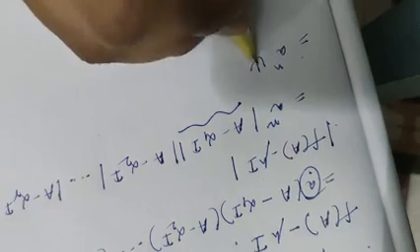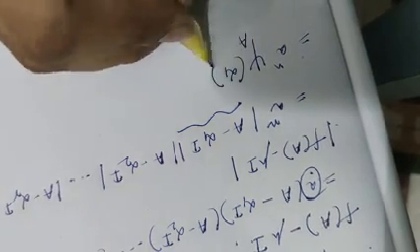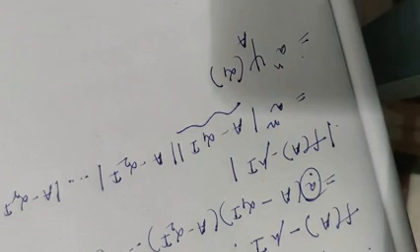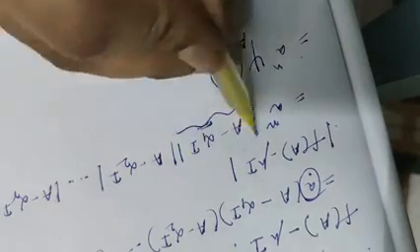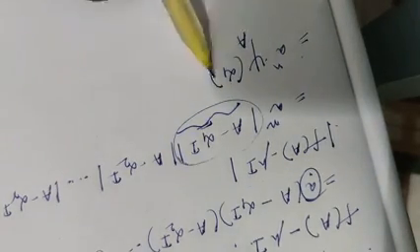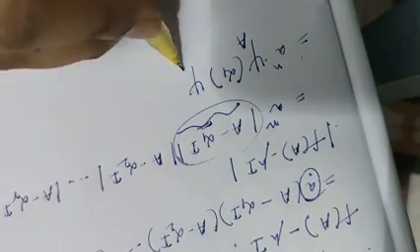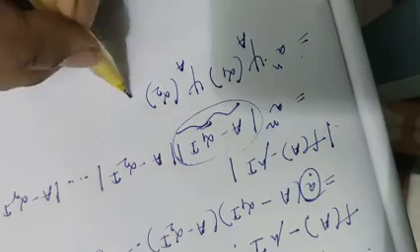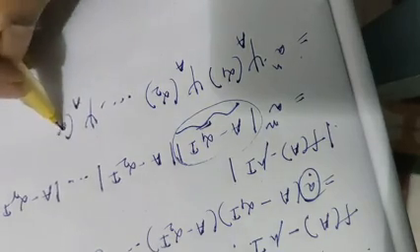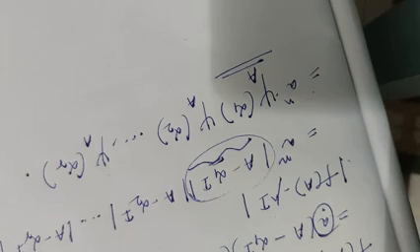Now what is this? This is psi A of alpha 1, because the characteristic equation of A, just by putting instead of x we are putting alpha 1, then we will get this value. So this is psi A alpha 1. Similarly the next one is psi A alpha 2 up to psi A alpha r. Now we know the value of psi A x, that was x minus lambda 1 into x minus lambda 2 up to x minus lambda n.